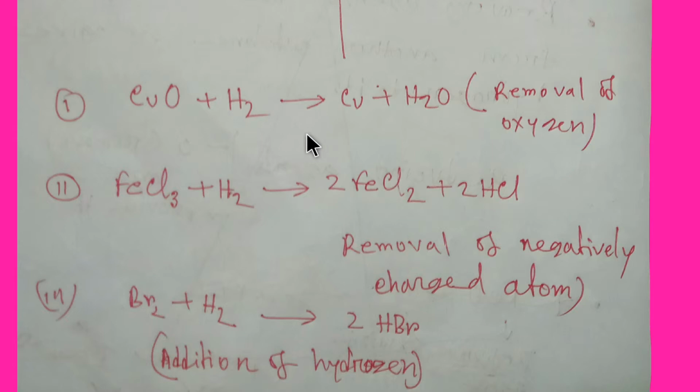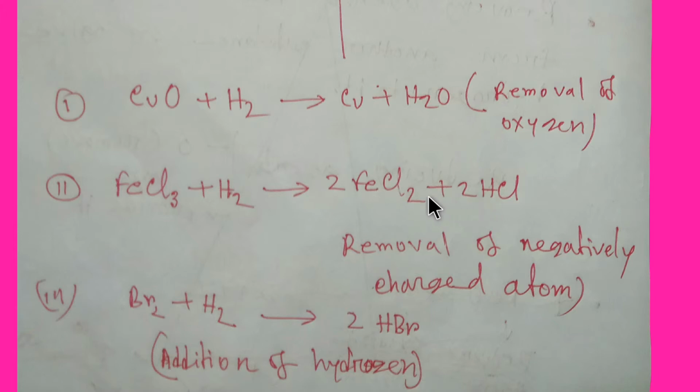In this reaction we see that oxygen is removed from here. Since removal of oxygen from any compound in a reaction is called reduction, right? Since oxygen is removed, we can call that this is a reduction reaction. And observe here, ferric chloride and hydrogen, then we are getting ferrous chloride and HCl, that is